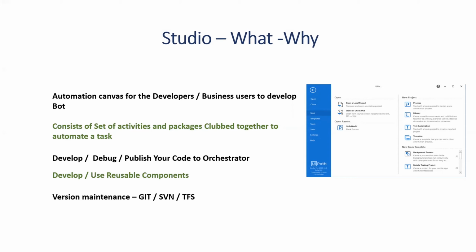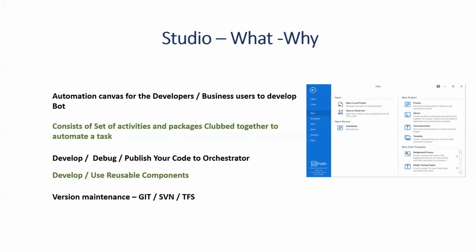C sharp training. Right. So at a very high level, what this does is it will create version maintenance of your code. For example, if you are doing something and let's say there are 5 developers working on the same project, Git or SVN or TFS will allow you to club and combine your code. It will restrict people from overwriting each other's code, taking the decisions, merging the code properly. So let's say I check in something, you check in something, then with the help of Git, we can resolve the dependencies and all those stuffs. So that thing is also possible with the help of Studio. As simple as that, this is all related to the developer.